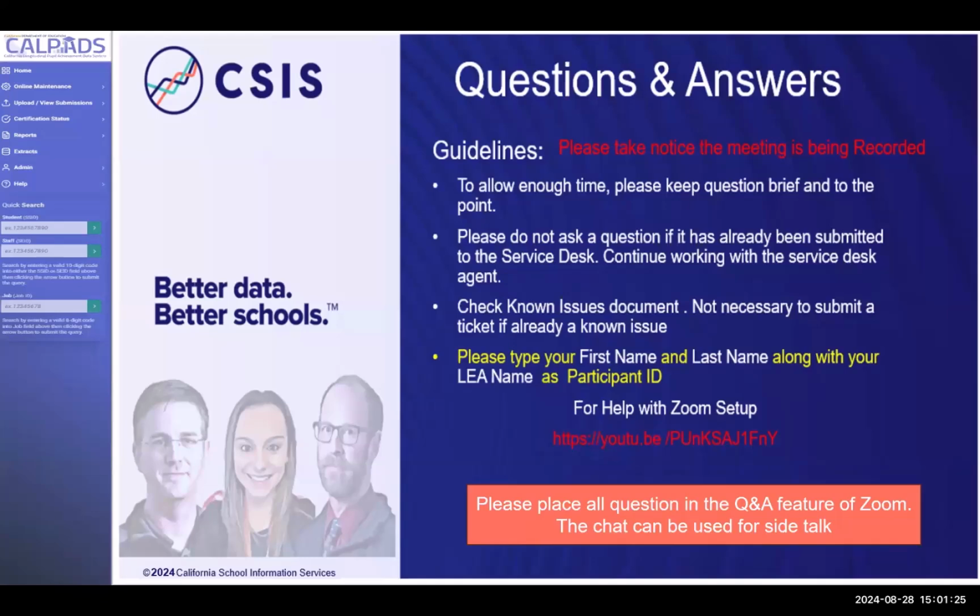We don't have a lot of new, interesting information, but one thing we wanted to mention, well, a few things we're going to mention. One thing you may notice, and we get a lot of tickets on it early in the day, is when you're logging into CalPADS and sometimes you're doing your work and all of a sudden you get this message, terms and conditions comes up.